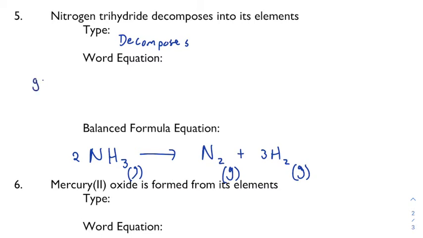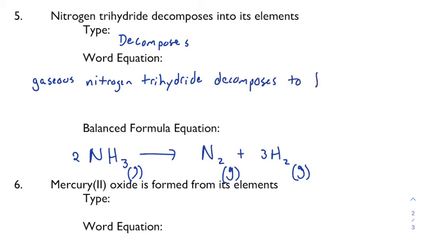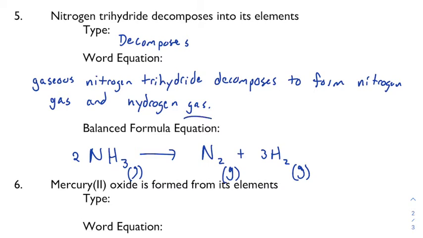So I have gaseous nitrogen trihydride decomposes to form nitrogen gas and hydrogen gas. Now you might be wondering, well, why did you include the states of matter in this one,